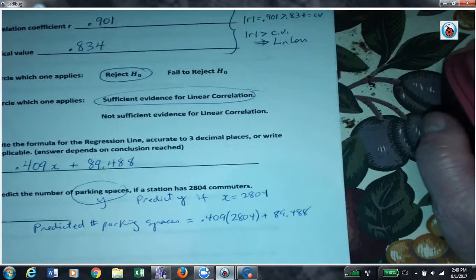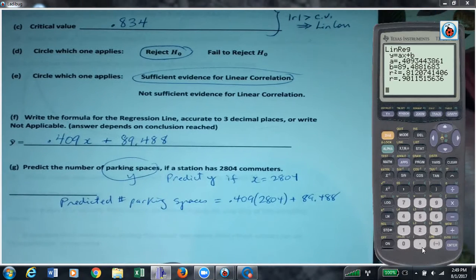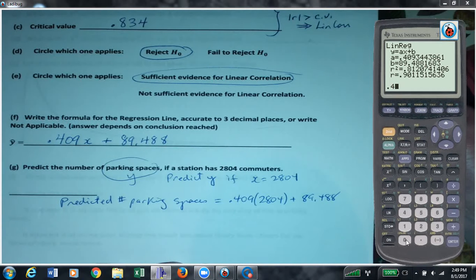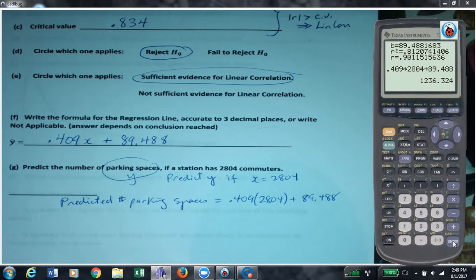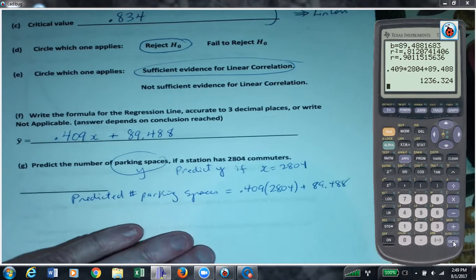And so I'm going to do that on the calculator. 0.409 times 2,804 plus 89.488. And so the number of parking spaces,